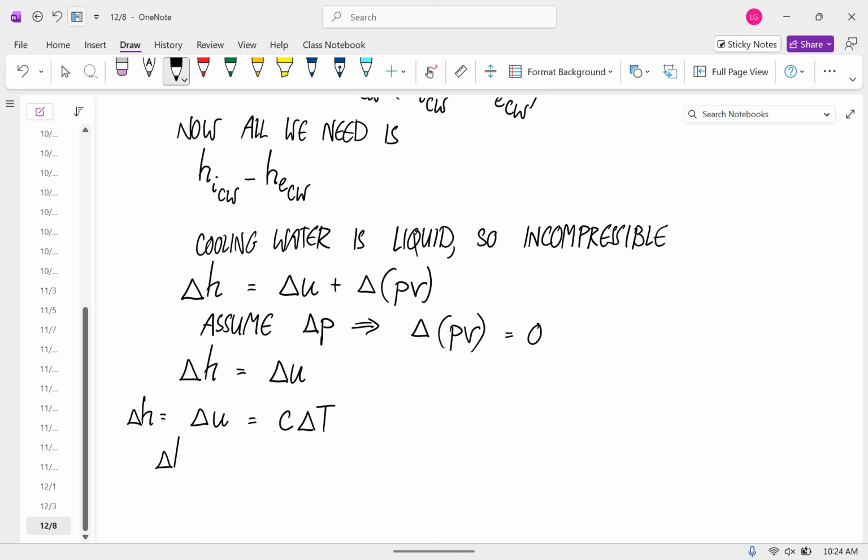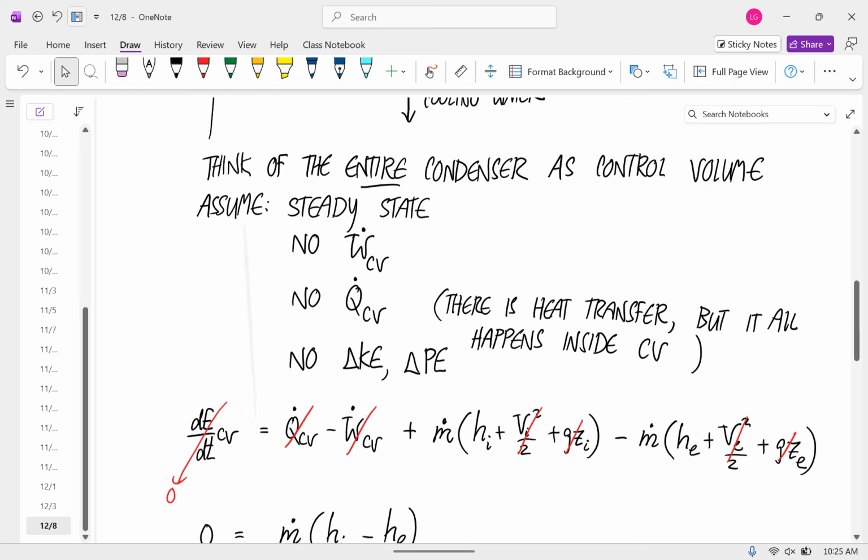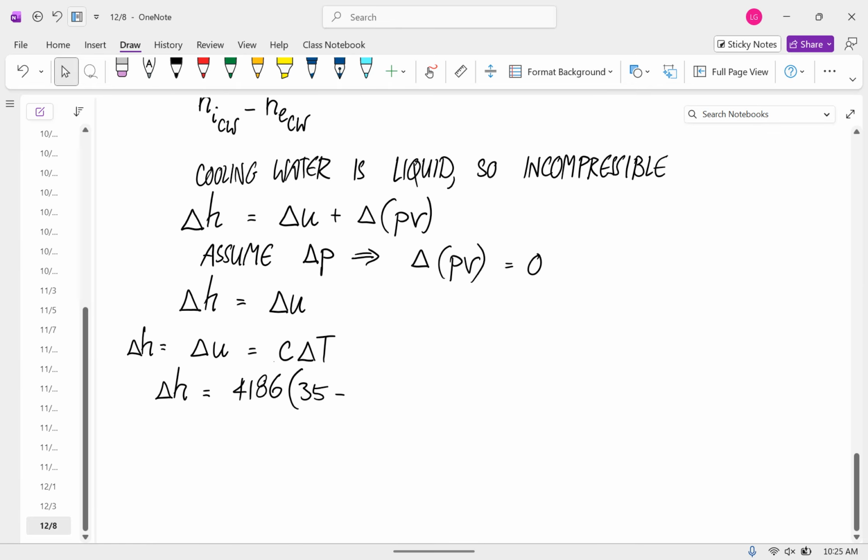And so delta H is equal to 4186 times the change in temperature. At the exit, it was 35 degrees Celsius. At the inlet, it was 15 degrees Celsius. And so we get a change in specific enthalpy of